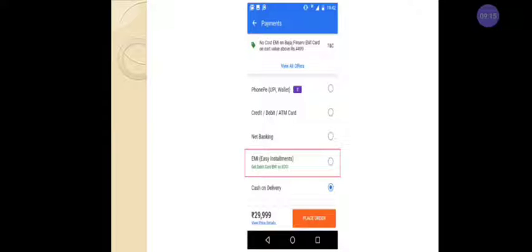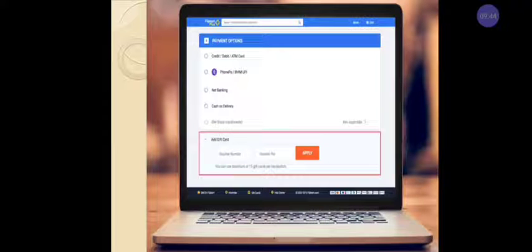In the payment option, you can select various payment options. If you are willing to pay cash on delivery, when you get the product, at that time you can pay cash on delivery, or use net banking or debit card or credit card. There is also a new option that has been given, that is UPI, in the sense that you can pay through Google Pay or PhonePe. It is called UPI. After that, if you have any voucher or gift card, you can apply it. The price of the product will come down. These are all the payment options.